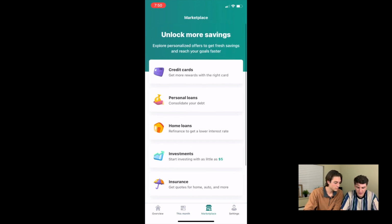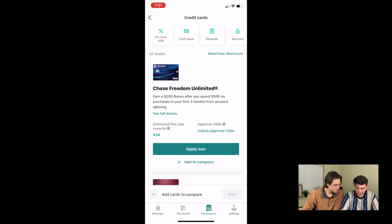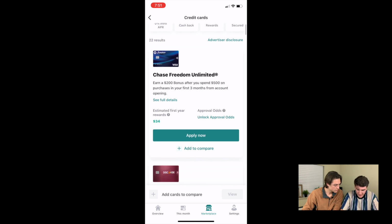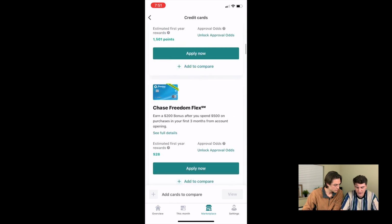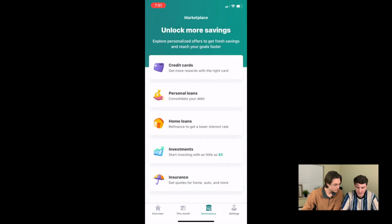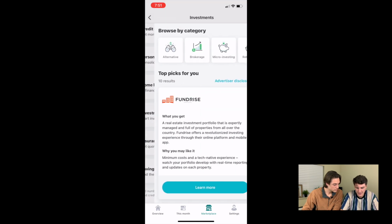One, I would say a con with Mint is it has this little marketplace feature here. And because Mint is free, you don't have to pay anything for it. They have to make their money somehow. So what they do is they will sell your data to different companies. For example, if we click on one of these, it's almost like little ads. And so we have a Chase, Discover, and it's a little ad, and this is kind of how they'll make their money. So they can just kind of sell your data to these different people, different insurance, investments,